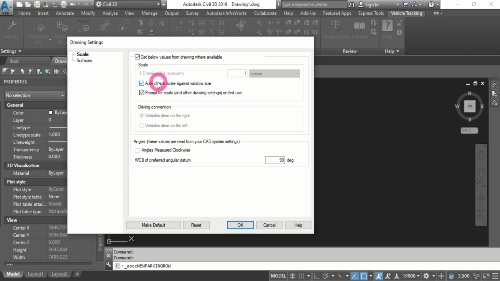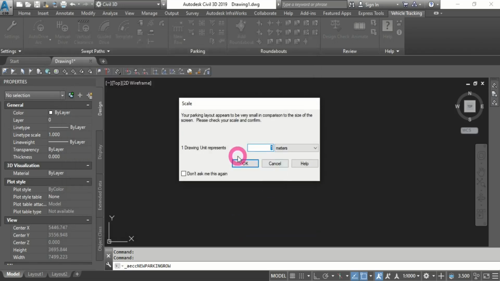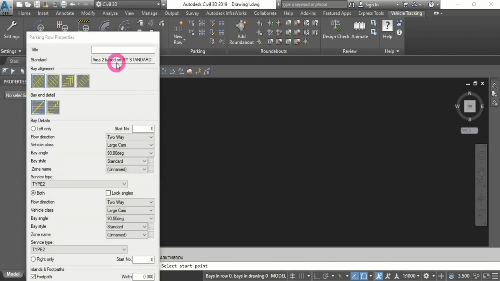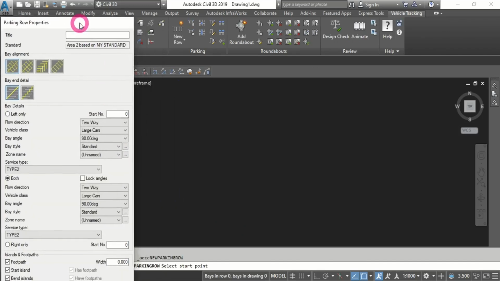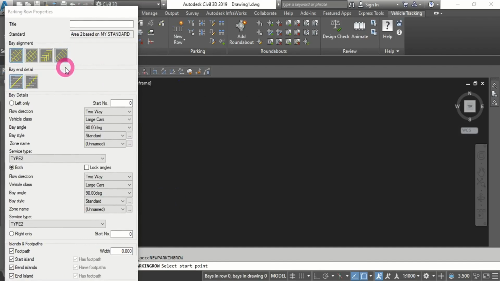sure that the drawing unit and also the driving convention matches your own. If not, then just uncheck this checkbox and change it as you wish. Alright, let's click on OK, and in this dialog box it's where you have full control on